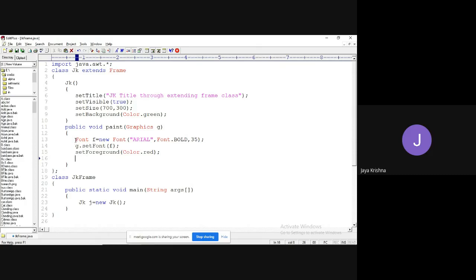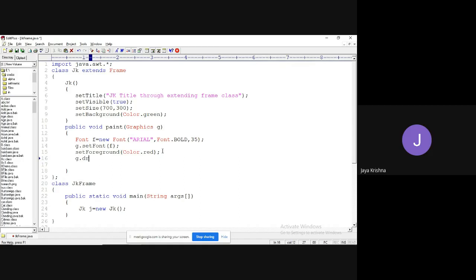Okay, fine. So these are the various kinds of properties that I am applying over the window, over the frame. These properties are applicable to which data? The data which is visible on the screen. To make it visible on the screen, you have to use a method. Which method? The drawString method. I'm going to set the location: from which location do I want to display data? On x-axis 100 and y-axis 100, from that point it is going to start. I have clearly explained all this.